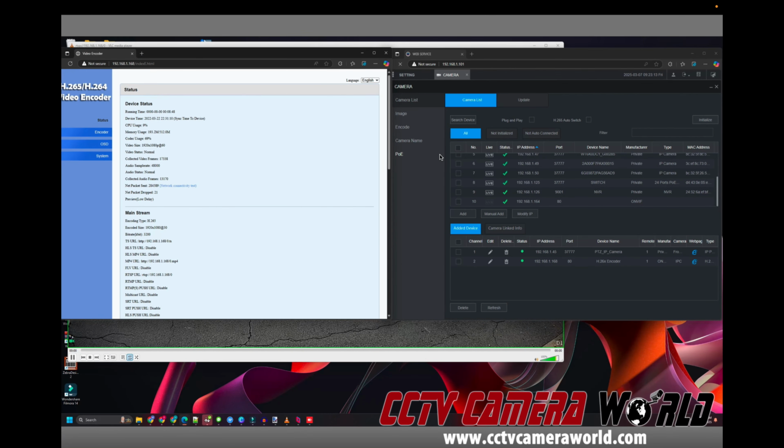So here's a screen recording of our HDMI to IP video encoder working. In the background, I'm pulling already a video stream over RTSP. That's why you hear this audio, the wind rustling. What's happening is I have a camera that's on an IP address of 1.45 added to my NVR, and I